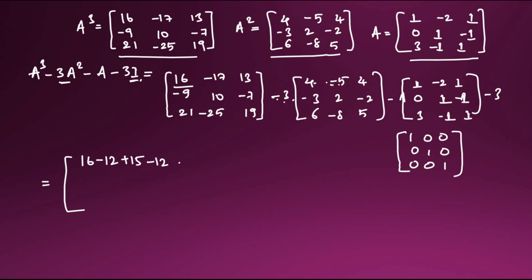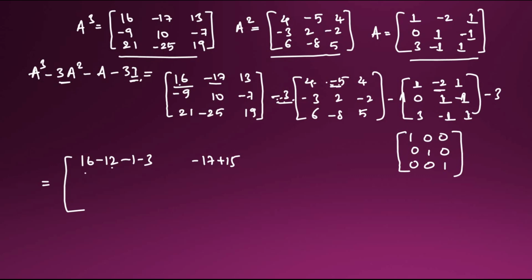Sorry dear students. Here first 3 fours are 12, up to here only we have to do. So I will erase this one now. So what does this mean here? 16 is the first term; in this first term, 3 fours are 12; minus into 1, minus 1 is the first term here; and again 3 ones are 3, minus 3 is the first term here. So this we have to take here. And second terms: 17, minus 17 here, 3 fives are 15, plus, minus into minus plus 15 here.